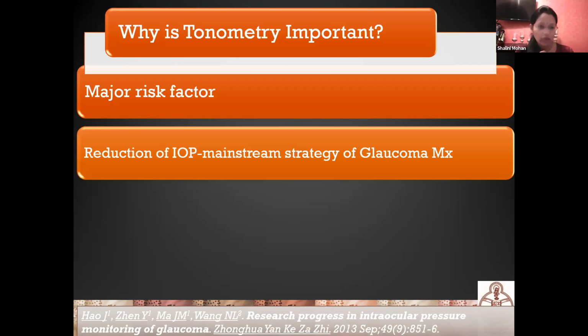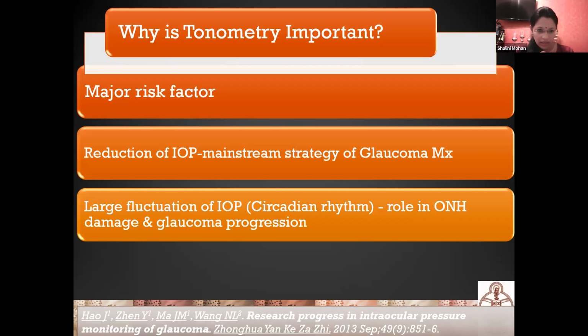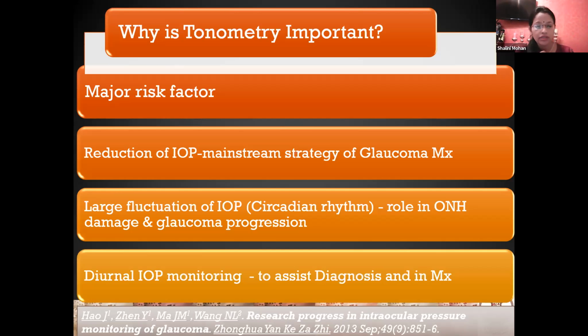In all our patients, what we do actually is reduce the intraocular pressure to control the glaucomatous optic neuropathy progression. Moreover, if there is large fluctuation in intraocular pressure like circadian rhythm, then also there is damage of optic nerve head and glaucoma progression. Therefore, diurnal monitoring of intraocular pressure is also very important, for management and also simultaneously for diagnosis of our